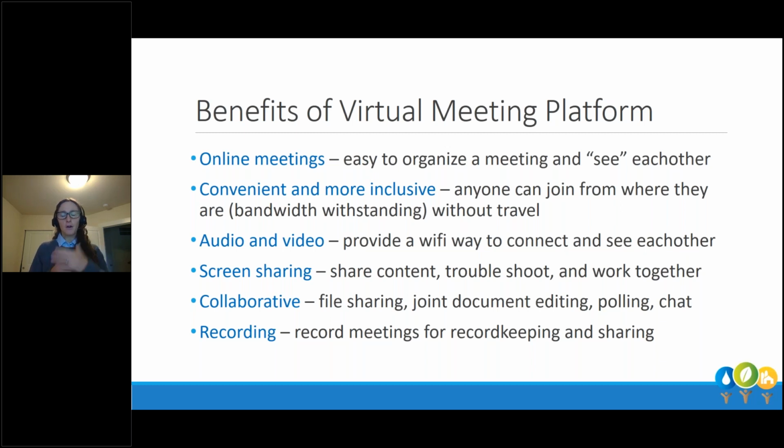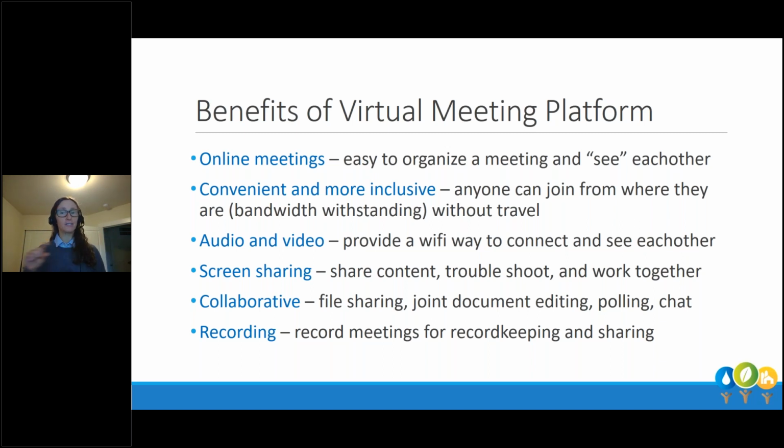And then recording. So if you attended our webinar last week, we talked about public records. If you missed that webinar, I highly suggest you go back and find that recording on the CTD website. It was really helpful in knowing when you need to record a meeting, when you don't need to, but having that feature where you can have not only a recording of the entire conversation and video, but you can also get chat logs and meeting logs, all sorts of other things that come along with that. So you can meet public records requests if that's necessary, or just remember what the heck that meeting was about. So it's a great way to have that feature.